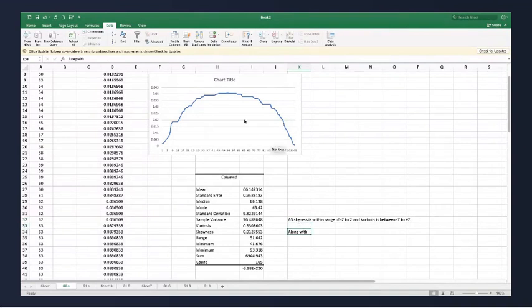Along with that, the chart is bell shaped and has heavy tails, but we conclude that the weight variable is normally distributed. Okay, so this is how you will do the analysis.